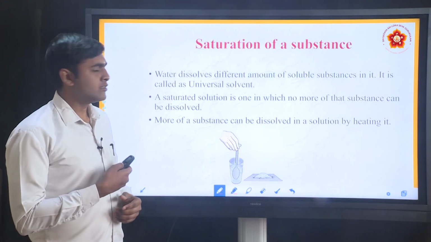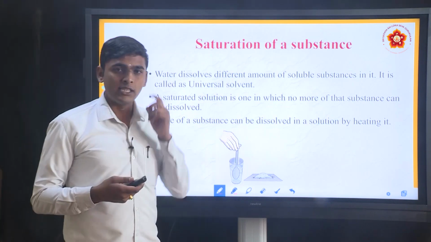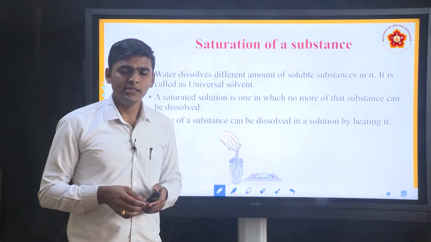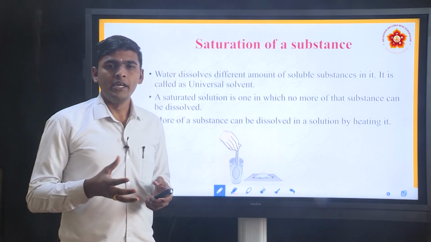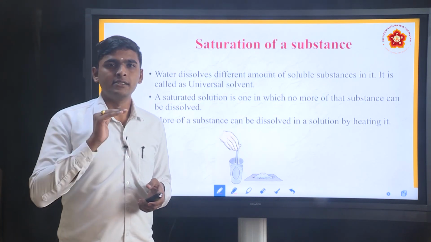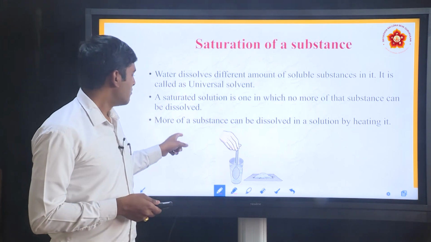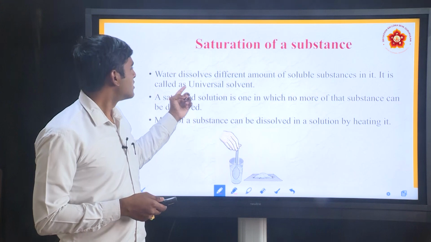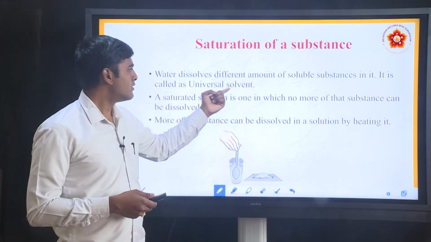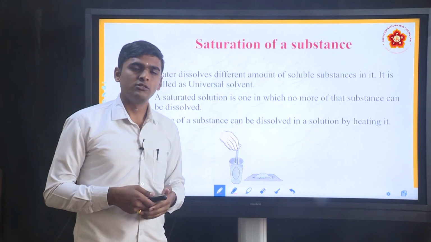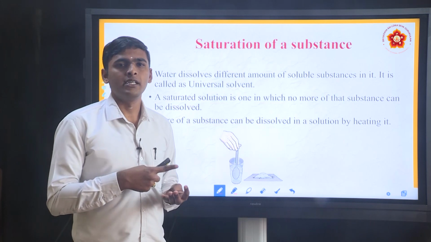Next, saturation of a substance. This is a concept where we have to understand what is saturation. Saturation is a part where water can dissolve a high amount of substance until a certain limit. After that it cannot dissolve more of it. So, before that we should know water dissolves different amounts of substances in it, and it is also called a universal solvent. It is called a universal solvent because it can dissolve many solids like salts and many chemicals in it,